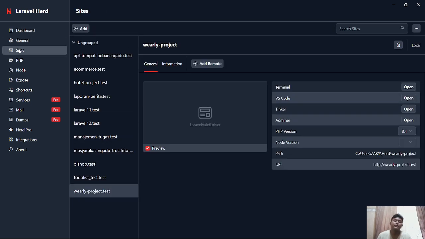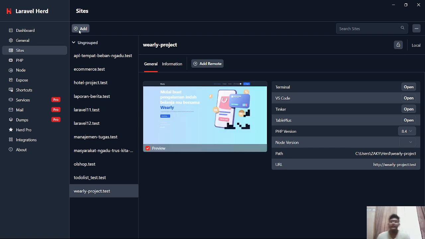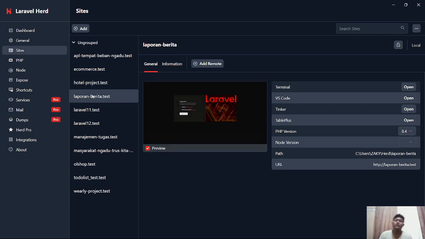Go to sites. After this, you can add a new project, and you can give another name for your project. When you finish installing the Laravel project,